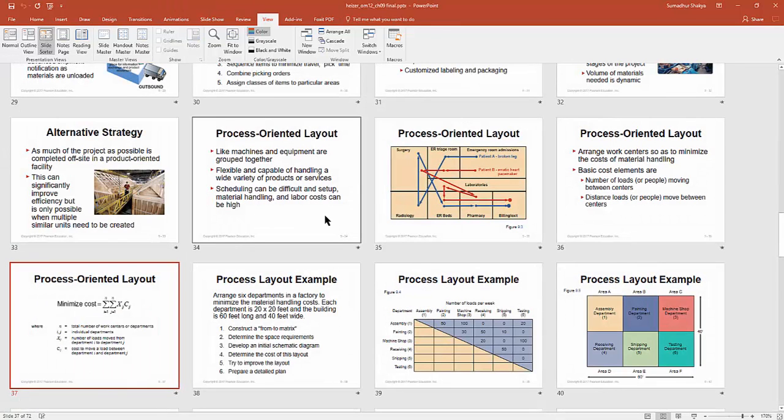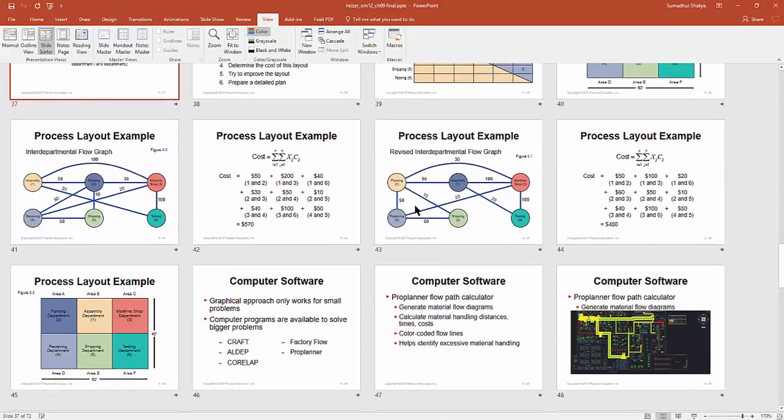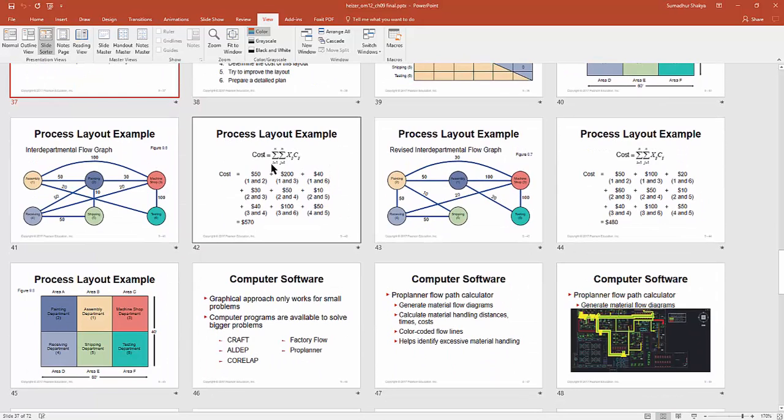To give you another idea, the textbook does talk about the example of somebody going to the hospital, so a process-oriented layout. So if a patient comes in, what all work cells do they have to go to? Radiology, ER, or X-ray, and so on. Now, using the same Xij times Cij, where X is the number of units going from I to J, and C is the cost of taking the unit from I to J,